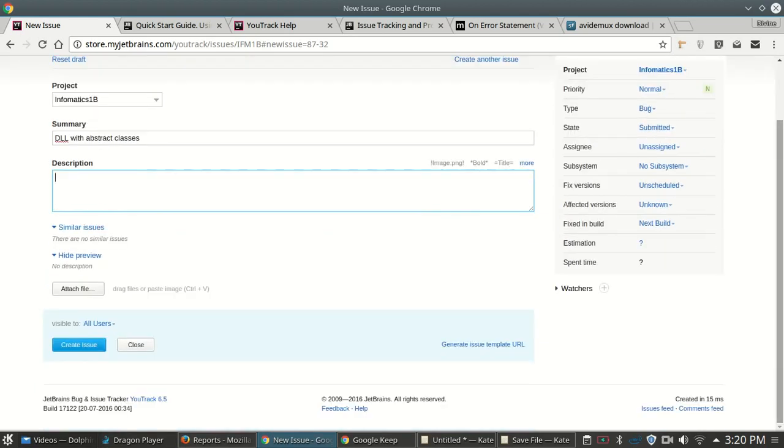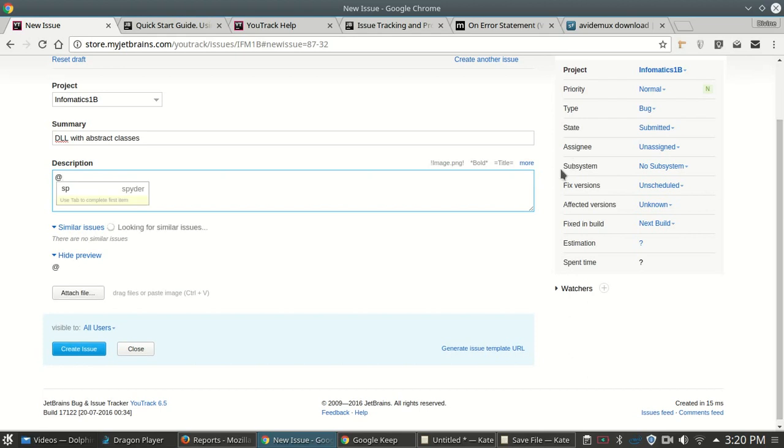person, like with Twitter and all that. I can add someone. The only person that I'm working with in this project is Spider. So I can say at SP. If you say add, and then you press Control and then space, just like in Visual Studio, it'll pop up with all the available people that are in your project. So I can say at SP, please